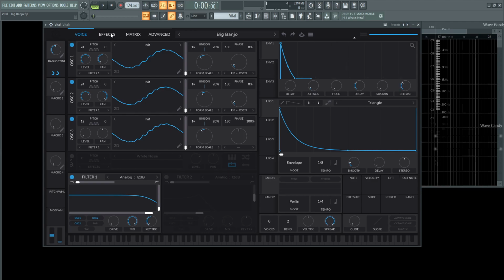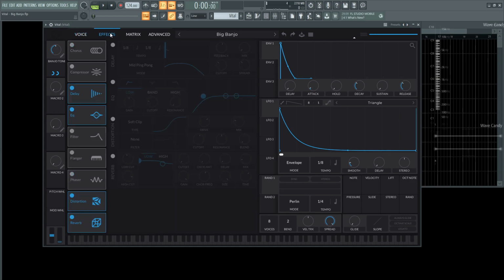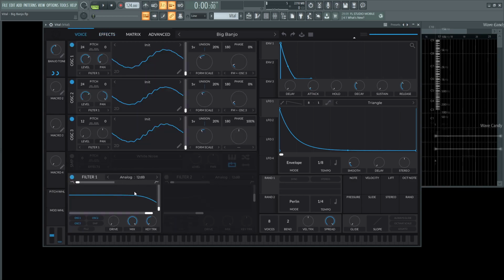So without further ado, let's look at the effects here. Before we go, actually, the filter, I don't know if I talked about that, it's going to be 12 dB, and this high end is just going to be cut a little bit. It's not too thought out either. And one thing too is the key tracking. So as I hit different notes,